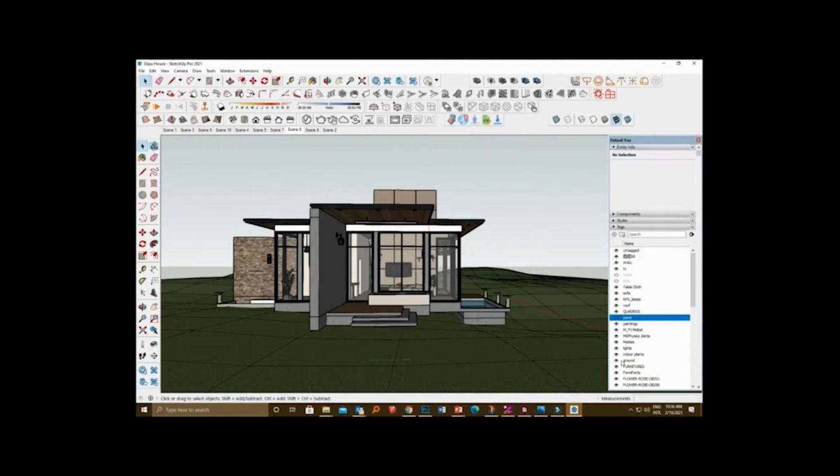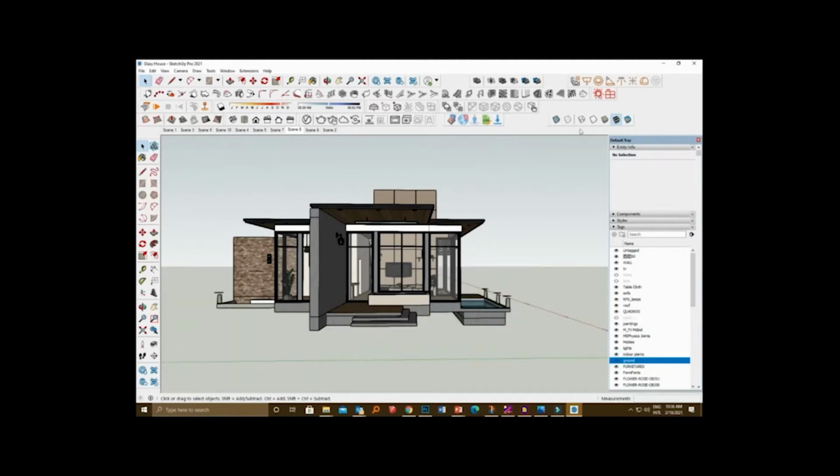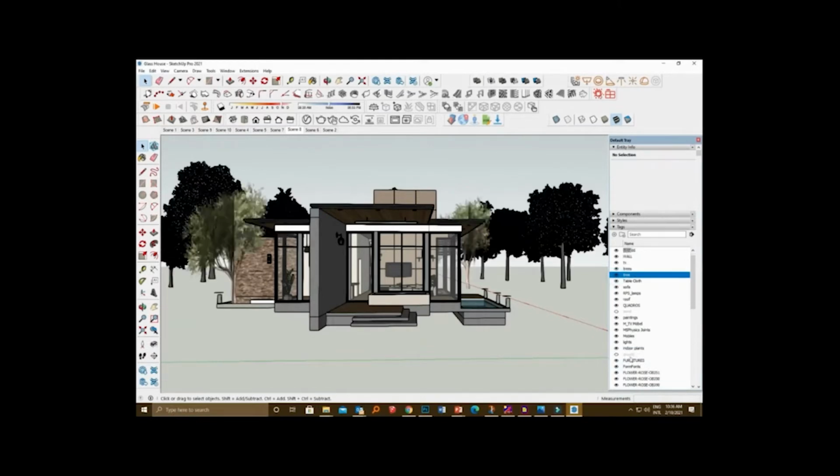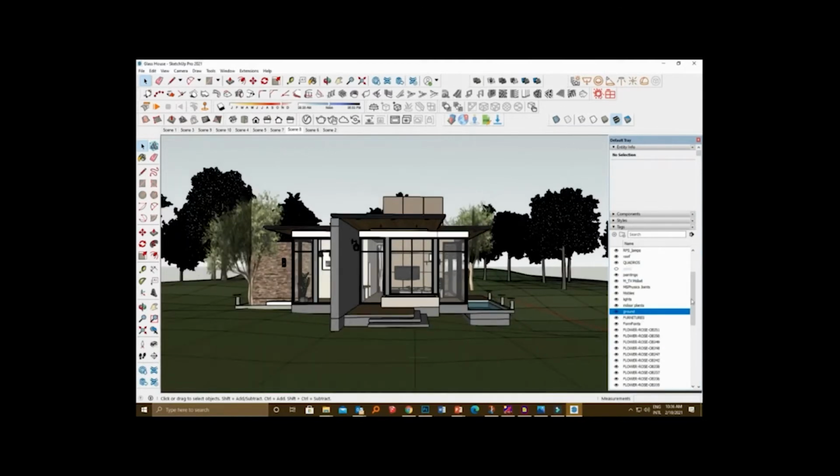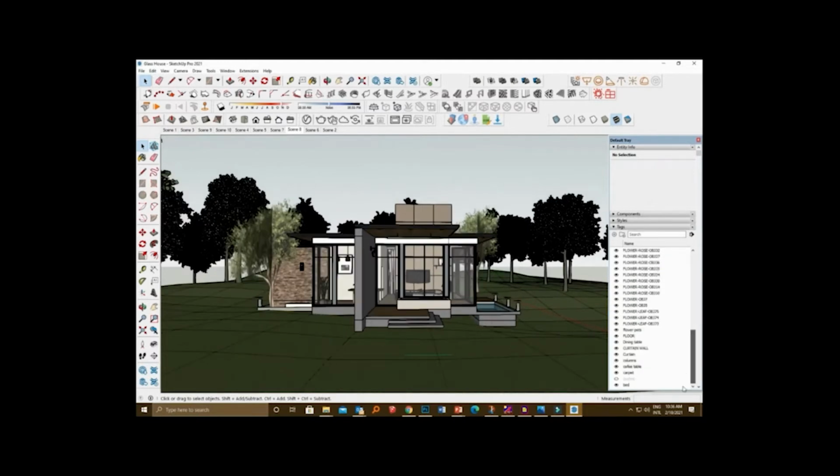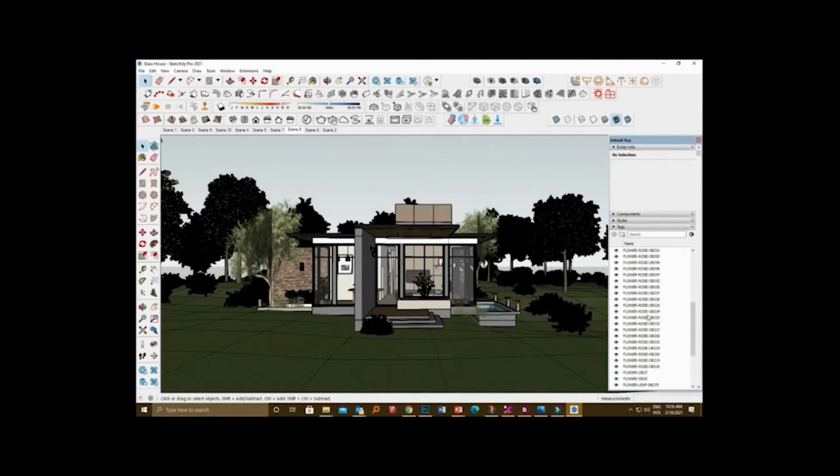So in the previous version of SketchUp, you can only control the visibility of tags individually. So even if I want to make all these objects visible again, I have to do it individually. But now with the new feature of SketchUp 2021, that is the tag folder, we can group all these individual tags into a single folder. Here, this is the icon to add a tag folder. Here, I have created a tag folder. Now I'm going to name it landscape.